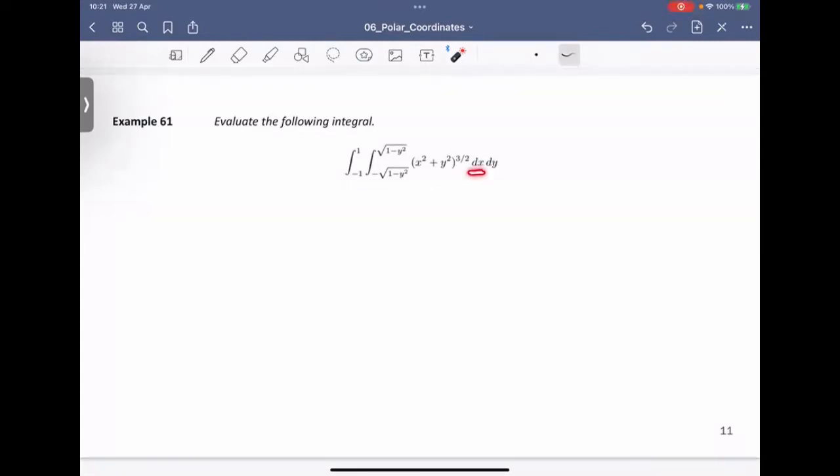You're going to integrate the x first, but I don't want to integrate this thing. Okay, y is going to be constant. Yes, y is going to be constant. But how would you integrate x squared plus some constant to the 3/2? It looks impossible to me. How do you integrate, let's say, x squared plus 1 to the 3/2 dx here? Or 4 here or 41 here, so any number,